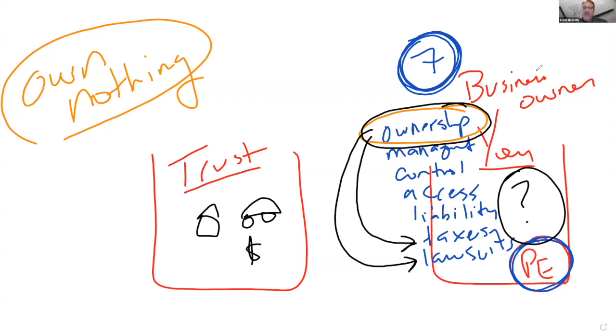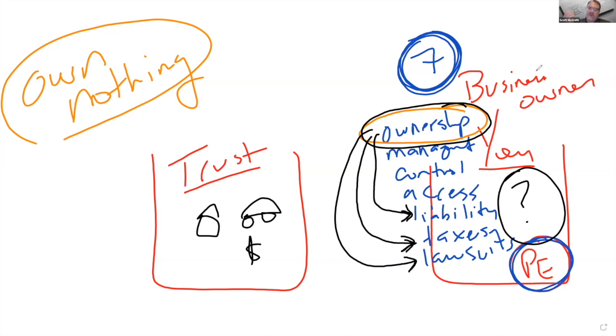Why do you think he says own nothing? It's because you pay the price for being the owner. And if you don't pay the price, you will. Watch this. So not only do you have high taxes, you have to pay for lawsuits. Even when you're innocent, you have to pay for the lawsuit. And by the way, you have to prove your innocence. So you're going to pay a lot of money just to prove you're innocent. Because why? Because you're the owner.